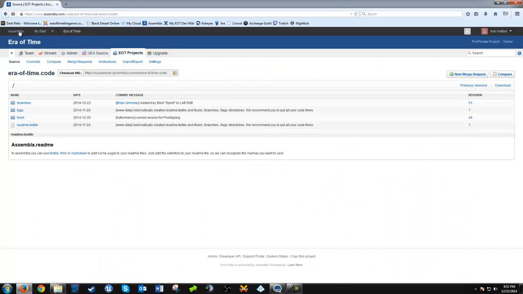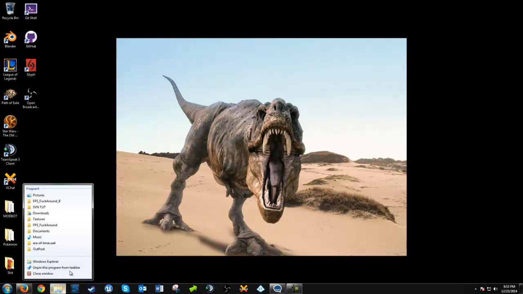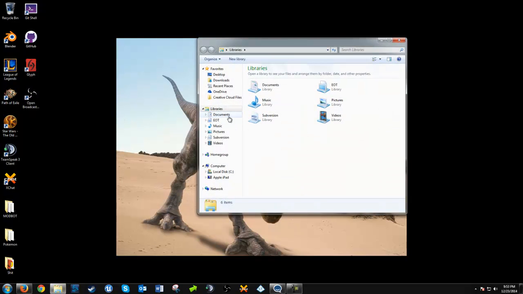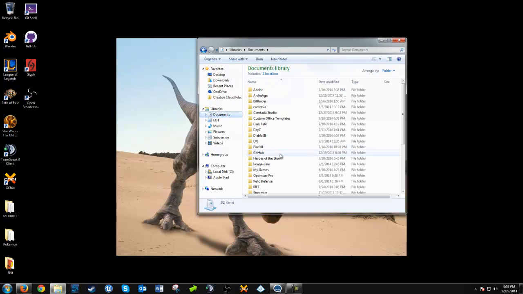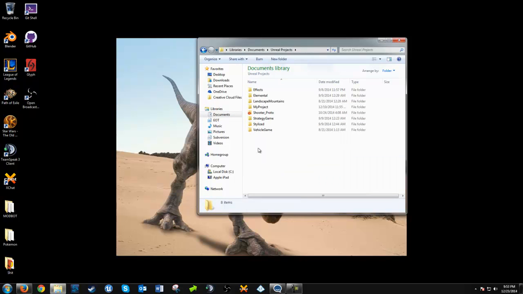You want to come to Assembler, log in, and go to the EOT projects. And you are going to copy this checkout URL. We'll minimize that and close that out. Mine's in my documents, so you're going to be looking for your Unreal projects folder. Once in here, you are going to right click,